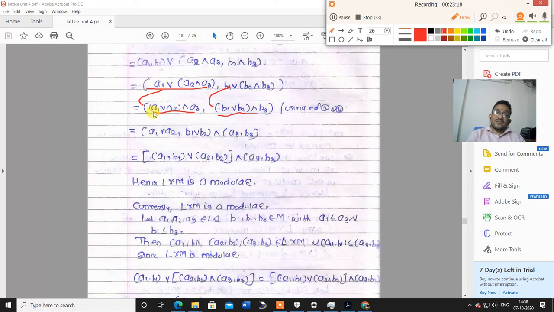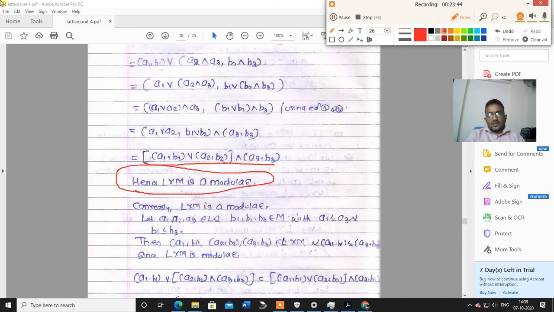Okay, so again we can say (a1 join a2, b1 join b2) meet (a3, b3). Therefore we can say that ((a1, b1) join (a2, b2)) meet (a3, b3). Therefore we can say that L cross M is a modular lattice. Okay, so what we said is that if L and M are modular lattices, then the Cartesian product is also a modular lattice. Okay, so conversely, suppose